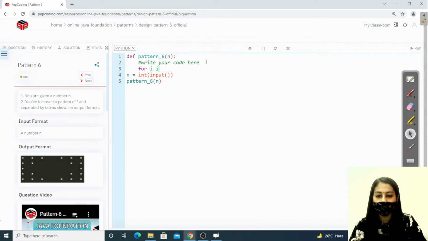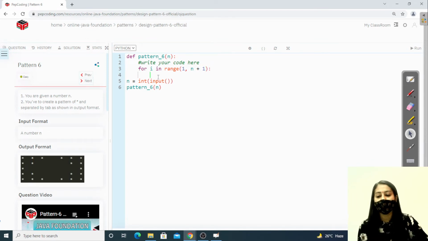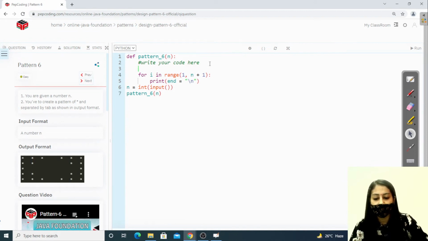Let me use a for loop first in order to move through each row. This will go from 1 to n, right? Now after each row we have a new line, so let me add a new line here. Now in order to print the specified number of stars and spaces, we have to use two variables, right?